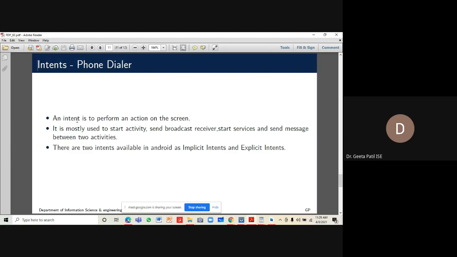An intent is to perform an action on the screen, and it is mostly used to start an activity, send broadcast receivers, start services, and send messages between two activities. So communication between two apps or between two activities happens by using intents. There are two types of intents available: implicit intents and explicit intents.